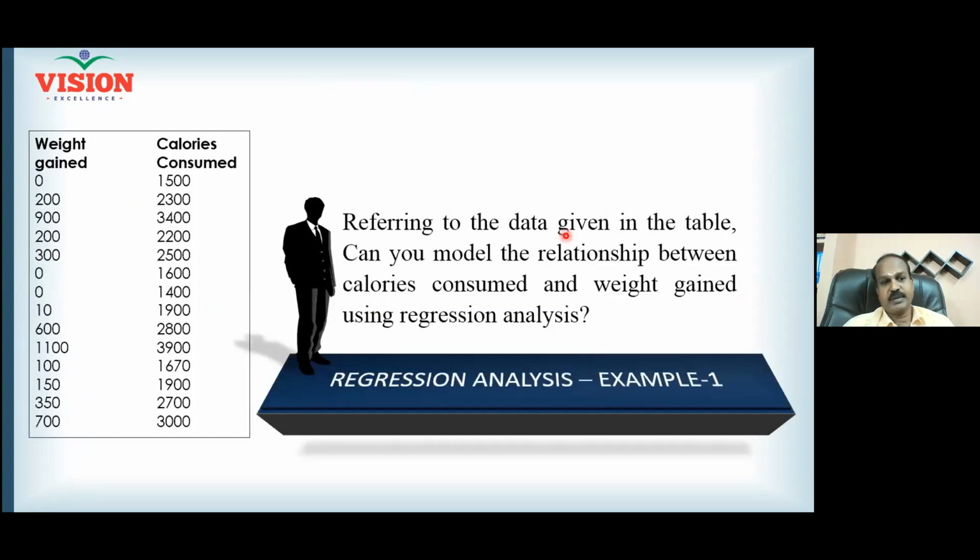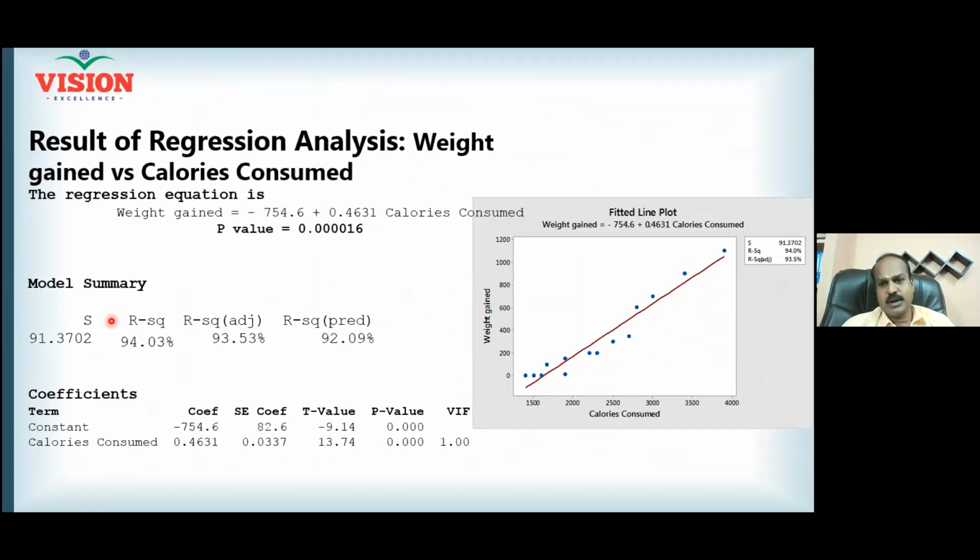Now for the same problem, calorie consumption and weight gain, we'll see it in Minitab also. Either you do it manually, I have explained to you the calculation, or you can put all the data in Minitab. Automatically Minitab will generate the equation. But I have taught you how each and everything was coming, isn't it? So you can calculate yourself, or you can use Excel, or you can use Minitab, right? And see here, the regression equation is this.